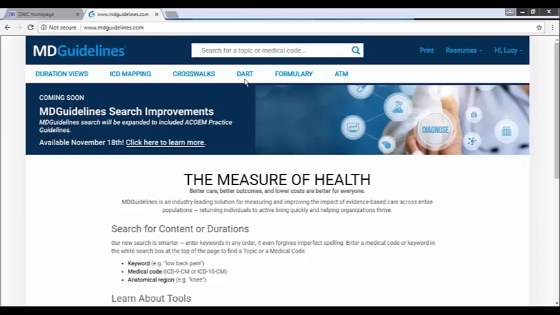All of the information in DART comes from the ACOEM practice guidelines, which is the very same as the MTUS. This is a tool that allows our users to access all of the recommendations very quickly, rather than navigating through the full text of the guidelines.